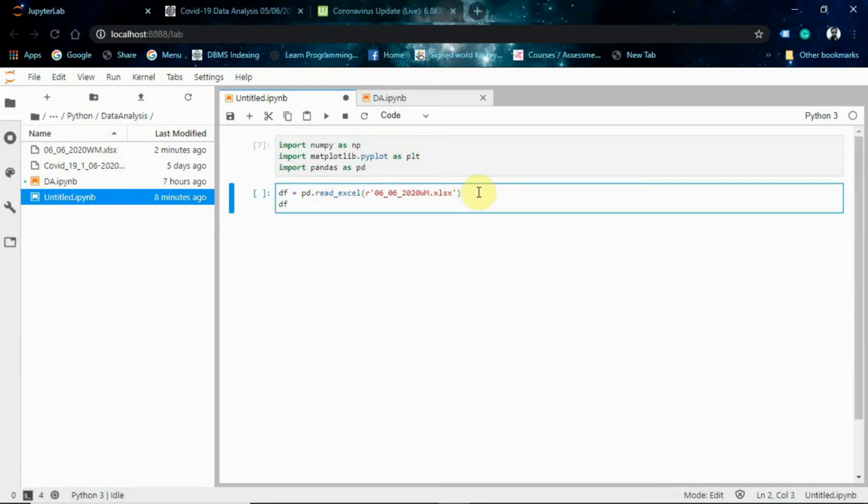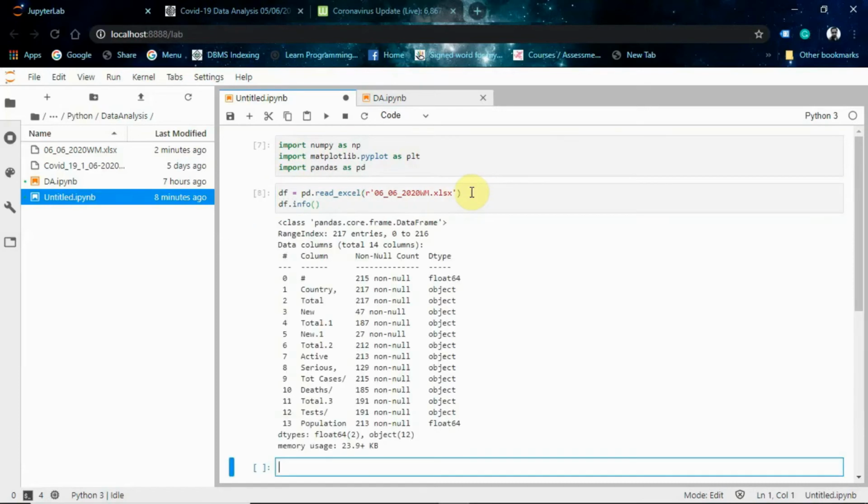There is a command df.info which is going to tell you about the columns, their data types and all those stuff. When I press Shift Enter, it will import the data and print it. Now you can see that the column names are country, total, new.